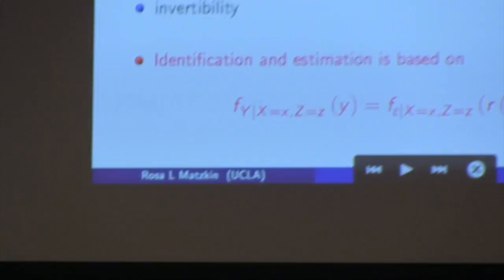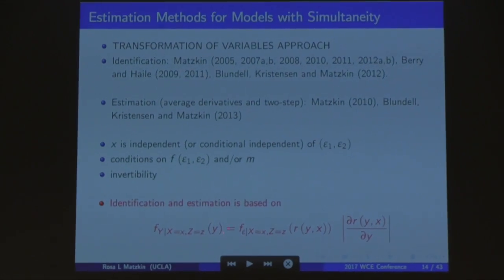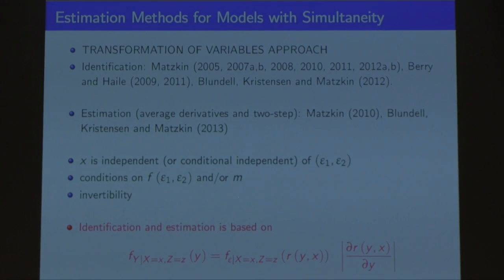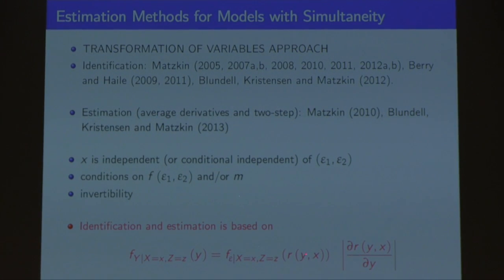Okay, and then under these assumptions, we can basically write the transformation of variables equation, which says that, given the observable values for the y's, which we call the endogenous variables, and x, which we call the exogenous variables, which are the variables determined outside the system. So given values for y and x, this R tells us what would be the value of epsilon, of the unobservable variable. Of course this function is unknown, but we model it this way. So this tells you what the values of the unobservables are that correspond to a particular y and x.